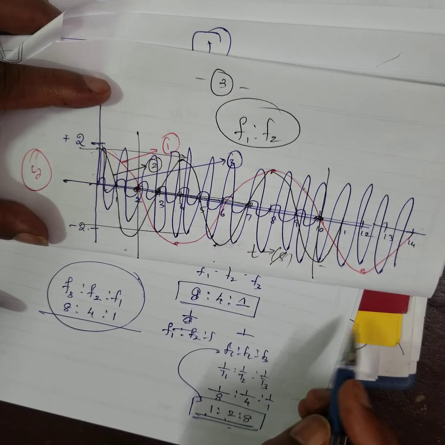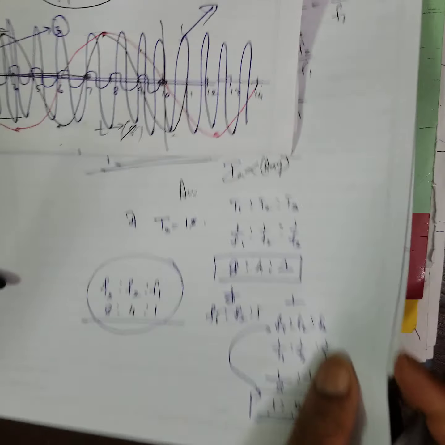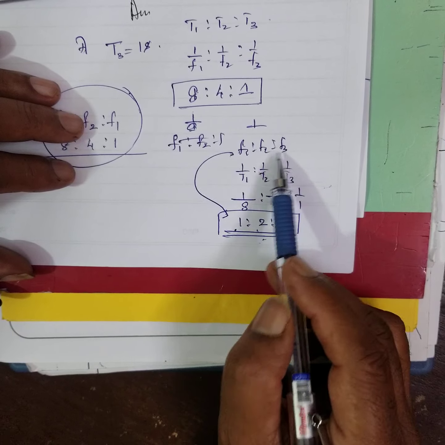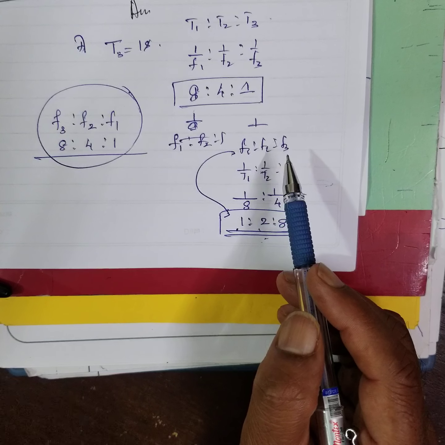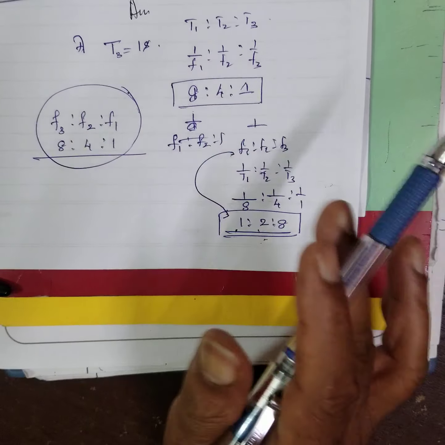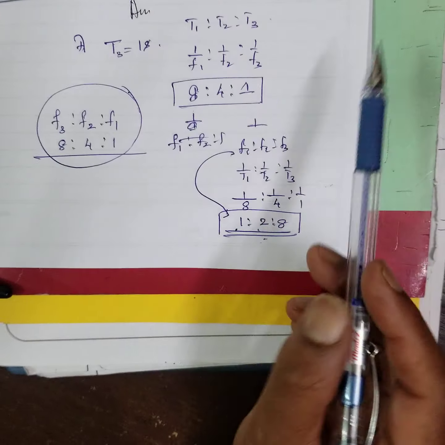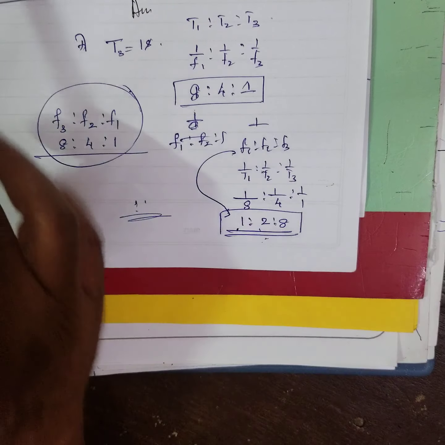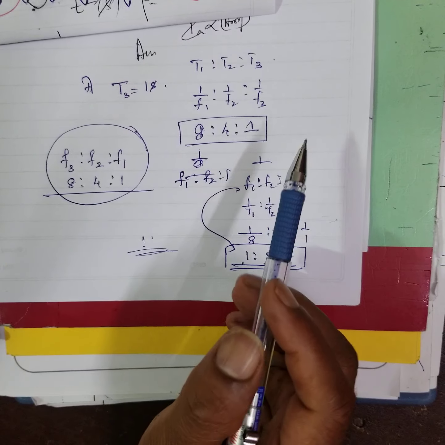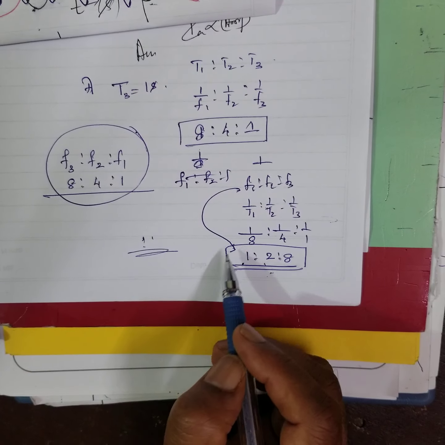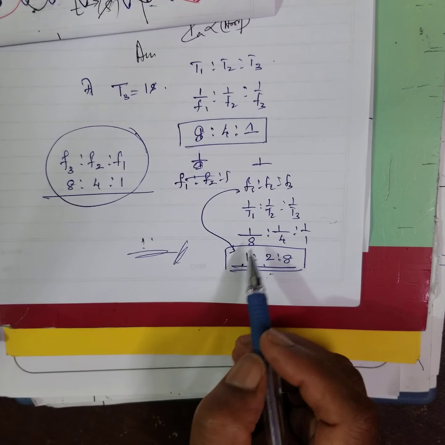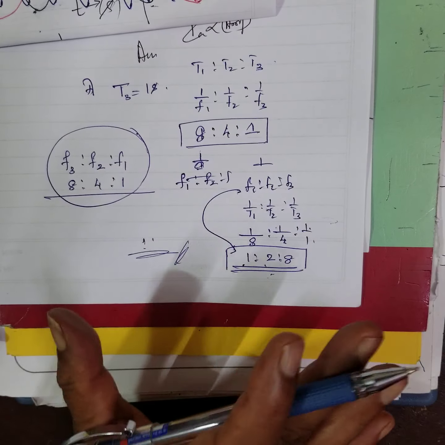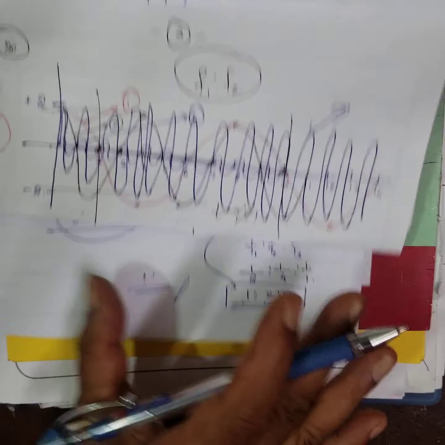Same amplitude. Which will have more energy? Energy is the square of the amplitude, is it not? The amplitudes are the same. Understood? The energies are equal. That means though the wavelength is small, the energies are equal because the amplitude is the same. The energy ratio is 1:1:1. Got it? But the amount of energy per second is important. Here, energy received per second is 1/8, here 1/4, here 1/1. Like this, you can have different discussions for this type of problems.